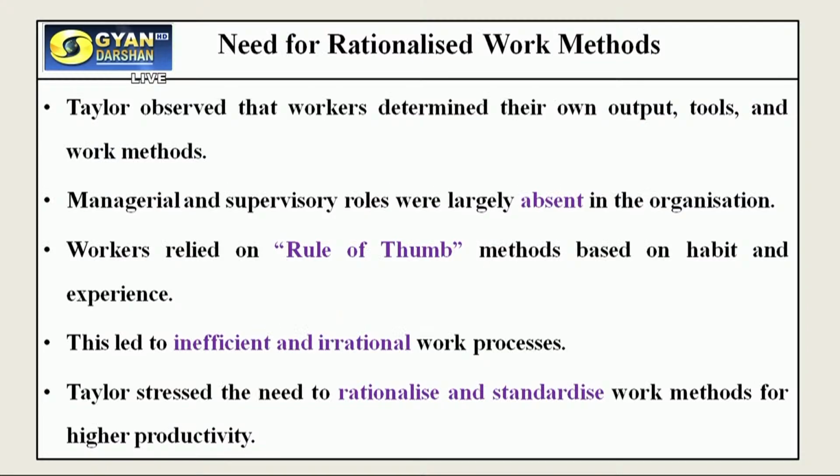If they choose their own methods, tools, and techniques on their own, it won't give the proper methods and all. So that's what he says, that the managerial supervisory role is to tell them how to get it done. And the workers also followed rule of thumb methods. Rule of thumb method, in the sense, is a kind of routine thing which used to be followed based upon experience. It is based upon experience, but there is nothing scientifically proven. So that's why it is called the rule of thumb.